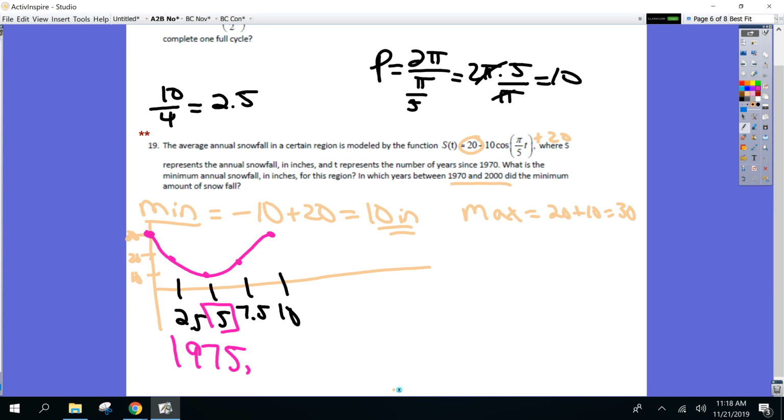Okay. So I guess we could keep on going if we needed to, right? I could go to 12 and a half, 15, and so on, moving out. But isn't it just going to repeat itself? So when is the next? So I got 2.5, 5, 7.5, 10. I'll have 12 and a half if I kept going by 2.5s. And then I would have 15. And what would happen at 15? I'd be back down to the minimum. So 1975, 15 plus 1970. What year am I at now? 19